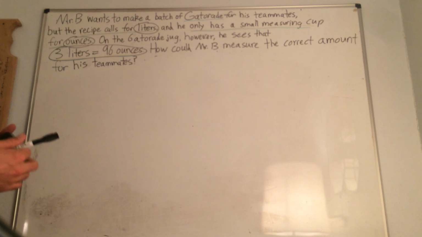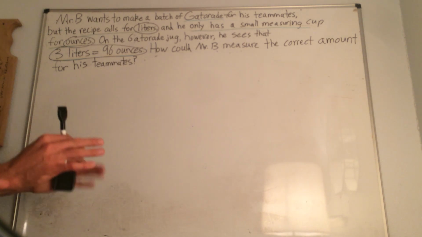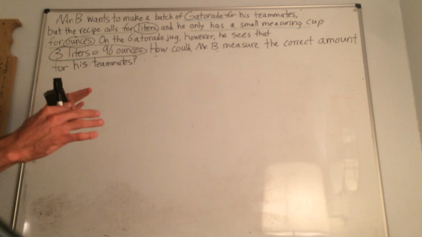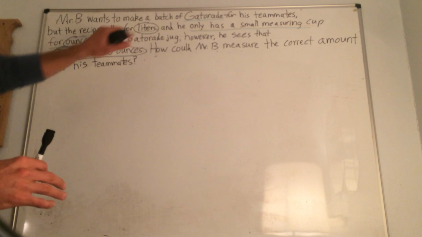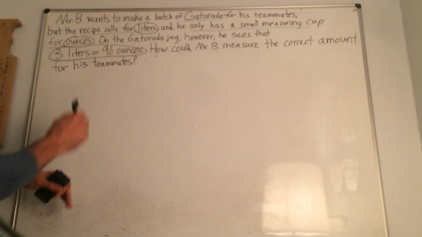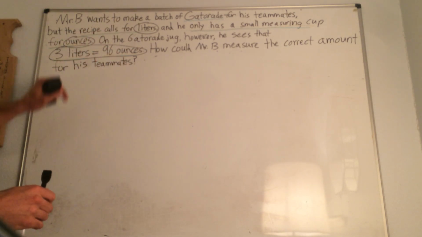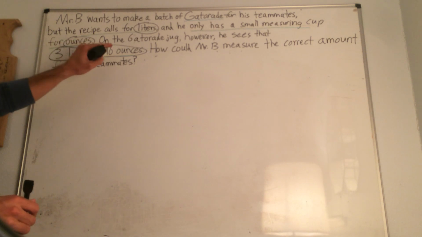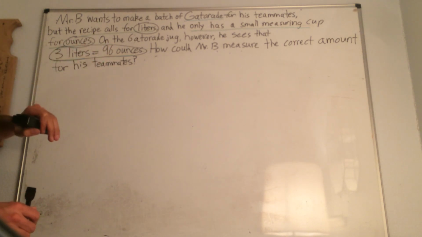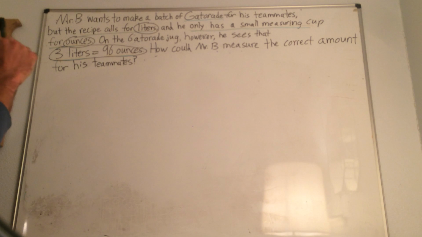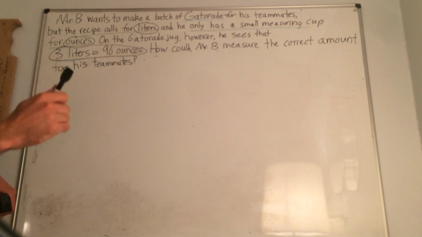So Mr. B doesn't have a liter jug, but we know that he has a small measuring cup for ounces, right? So when we're looking at problems like this, we need to see what is the key information. We know the recipe calls for liters, but we only have a cup to measure ounces. Fortunately, we see that for every 3 liters, there are 96 ounces. So when I look at problems like this, I think, what is the key information I can use to help